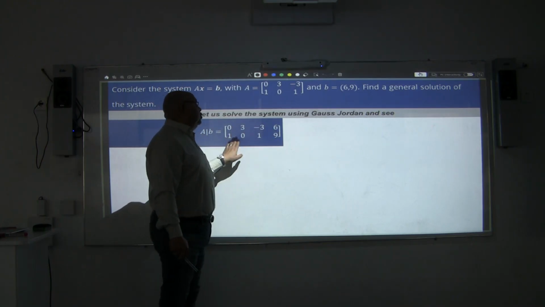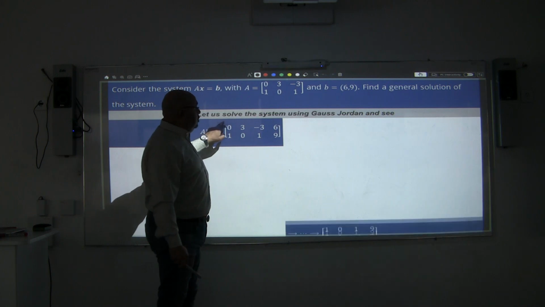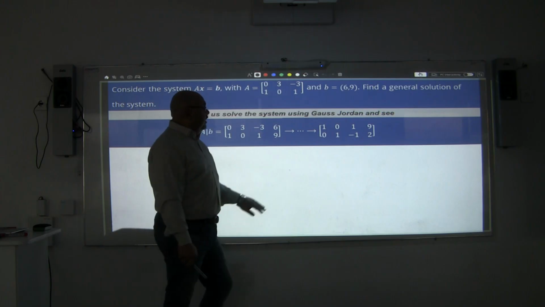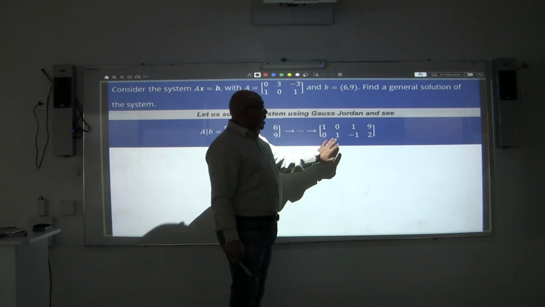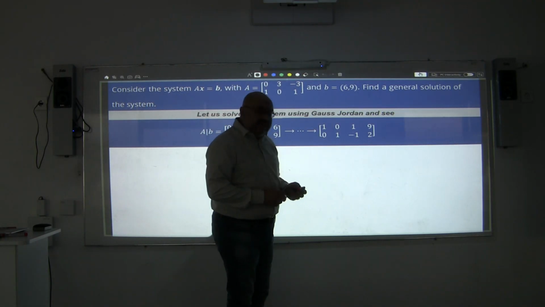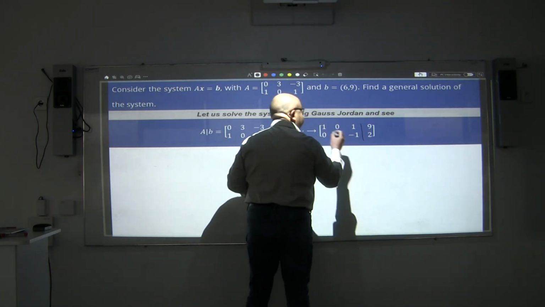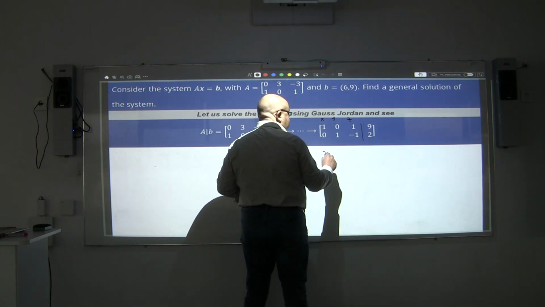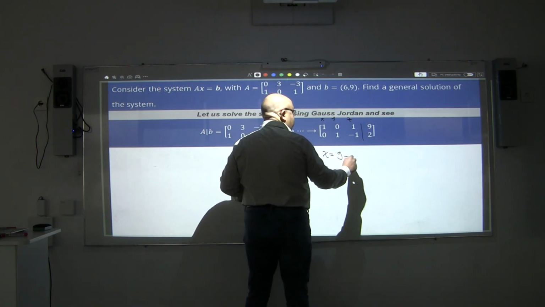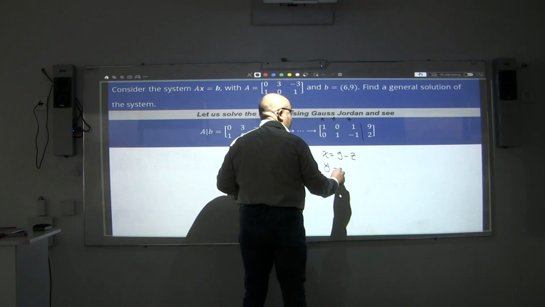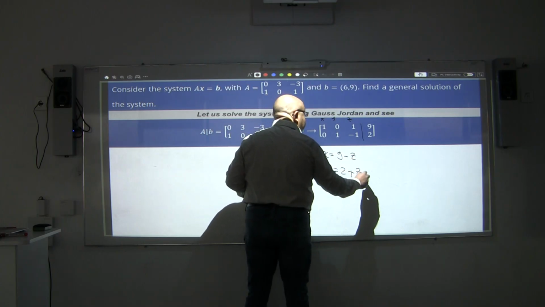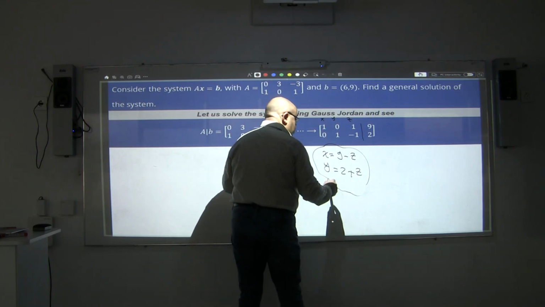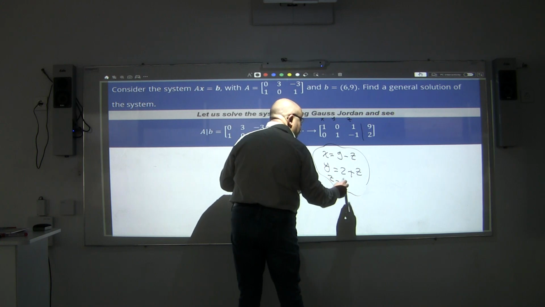And then I will try to get a reduced echelon form by replacing rows and playing with the general properties of rows. I've ended up having this reduced form. If you try to analyze this reduced echelon form, it means that x, y, and z stand for x is equal to 9 minus z, and y equal to 2 plus z. That's the solution that we are talking about, and also of course, z is equal to its value,